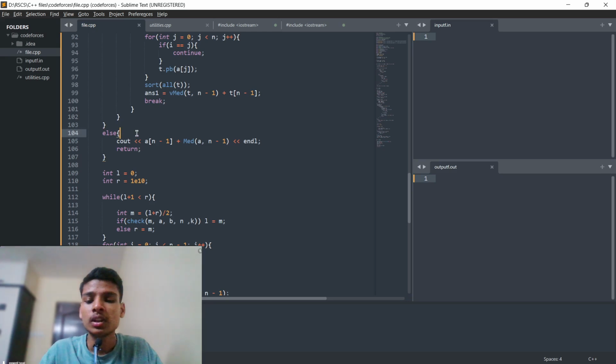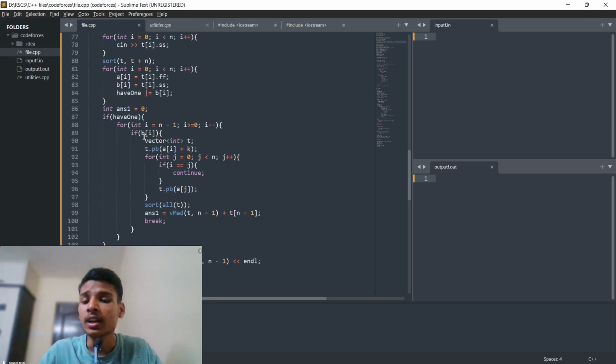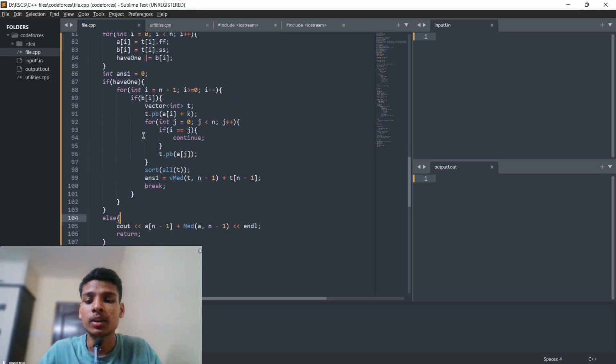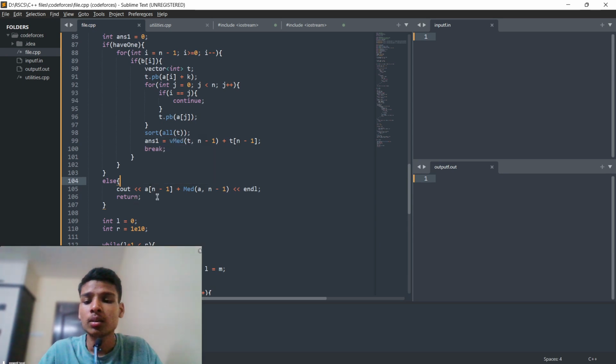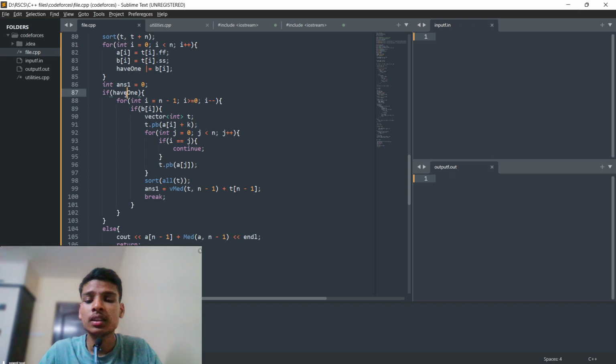Else, if there is no one, which means you can never increase any number. In that case, the answer is simple: your maximum number plus the median of your remaining elements, the median of n minus 1 elements, because your last number is the largest possible. Just return that. But if there is at least one one in your binary string,